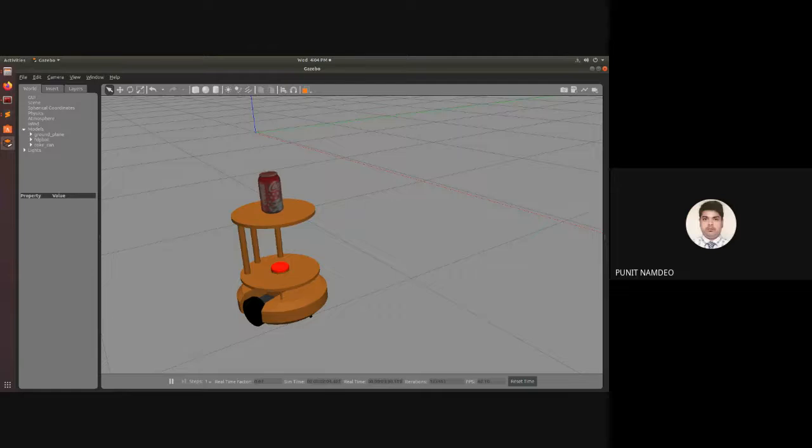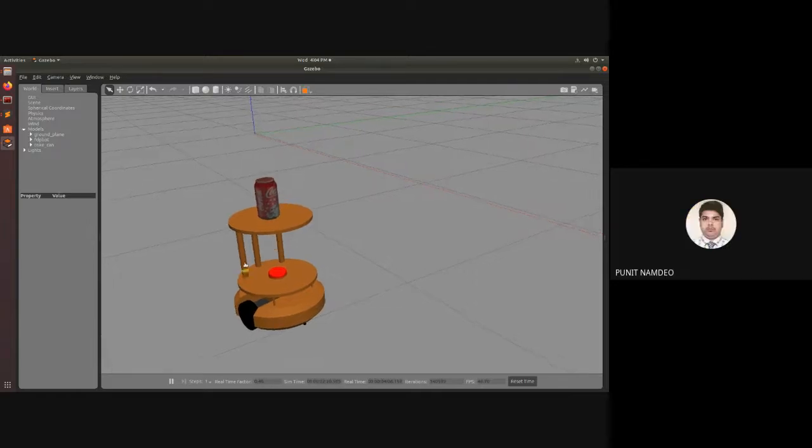Is that something like 3D printing? 3D printing, what? Sir, how to create the hardware element from this 3D image? No, it's up to you. It is not needed to use 3D printing. You can just use some pieces of wood, and you can use some PVC pipes to build it. It's up to you. Okay, sir. It's up to you what tools you use, what materials, and how we are modifying our robot. Yes, sir. Exactly, it's up to you. It can be of any shape and size, depending on the requirement.